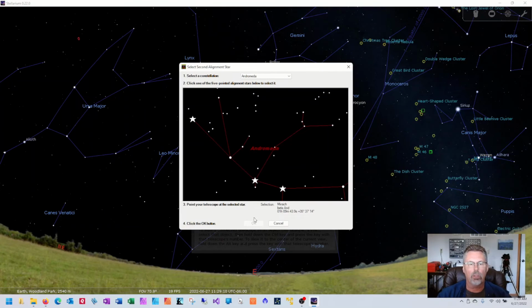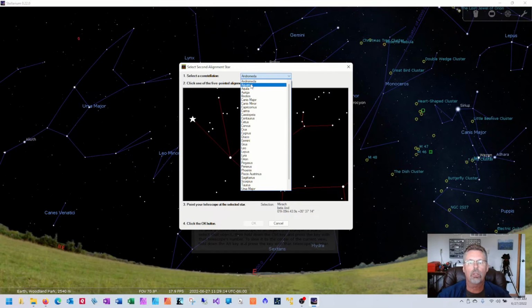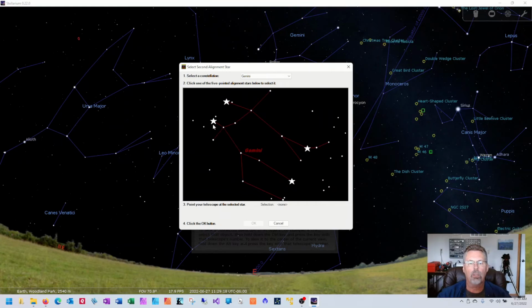And then I'm going to choose my second alignment star, and for this one I'm going to go to the constellation of Gemini, and I'm going to select Pollux as my second alignment star. I'm going to move my telescope so that it points there, and then I'm going to click the OK button, and this should complete the two-star alignment process. I'm going to click OK,